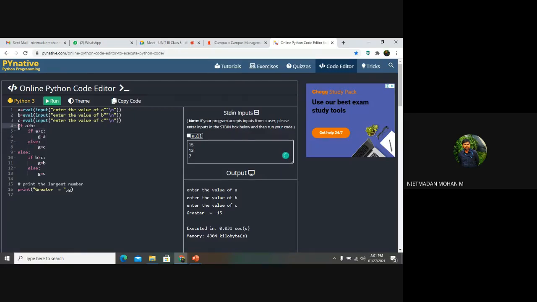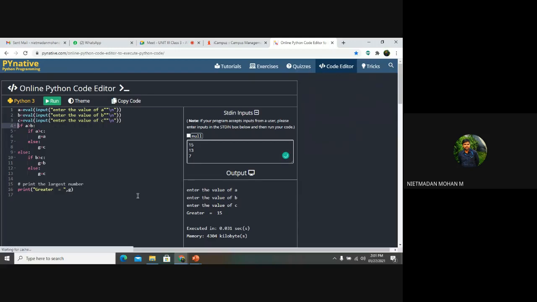Here, how many if statements are there? 3, sir. 3 ifs are there. Three ifs or two ifs?